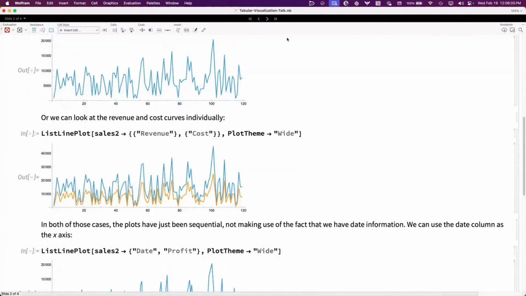We can look at what goes into that profit. What was my revenue and what was my cost on each of those sales? Here I'm giving 2 rows, and this is probably the most complicated instance of the syntax, which is that I want to look at my revenue, I want to look at my cost, and I had to put an extra level of list